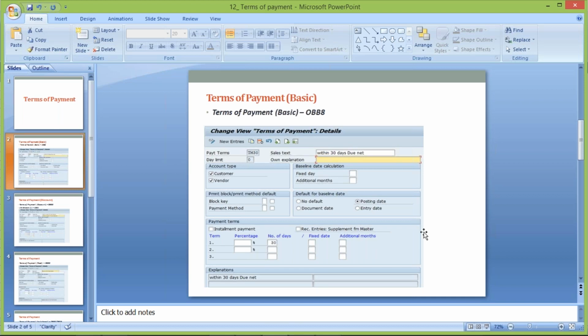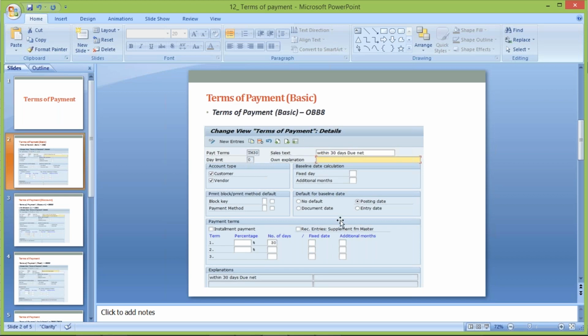Vendors and customers will have different conditions. All conditions are going to be met in this screen itself, which is why SAP has given lots of small fields, and every field has some use. Here this day limit is also important,